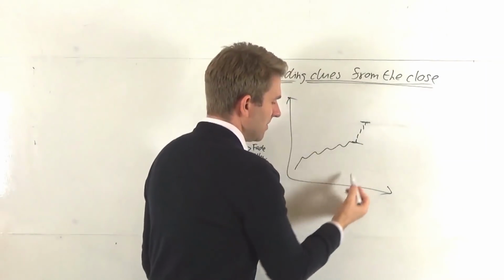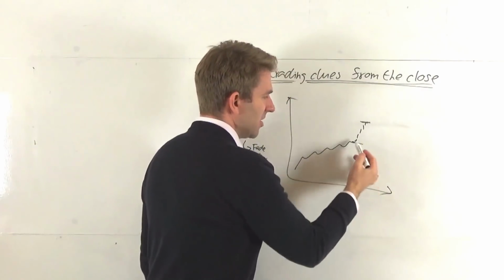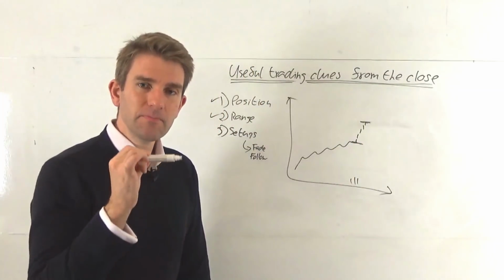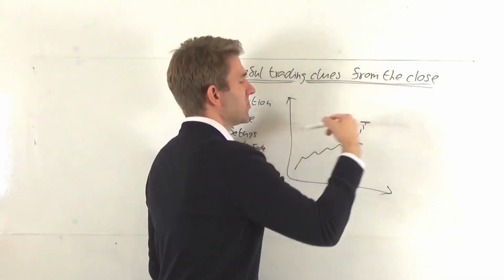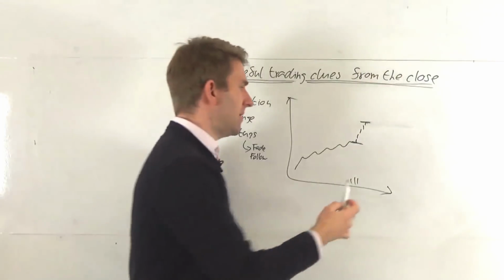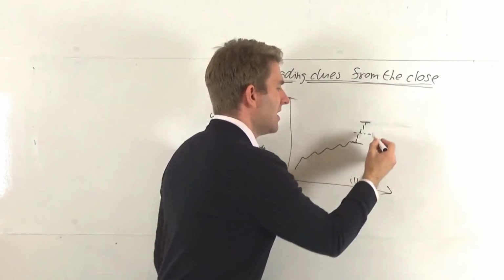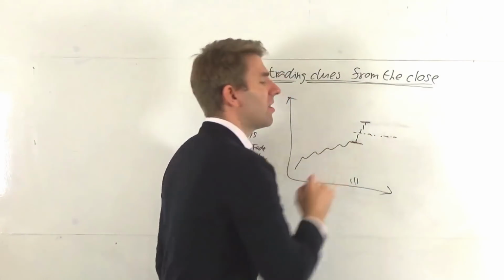There was some volume here, but most of the time the volume has spiked in here. We know that they perceive that as value and they've bought right the way up to there. So if we use that as our benchmark and say, well, if we assume that people were piling in here, then let's say the midpoint of this area here is a good place for us to at least start accumulating,